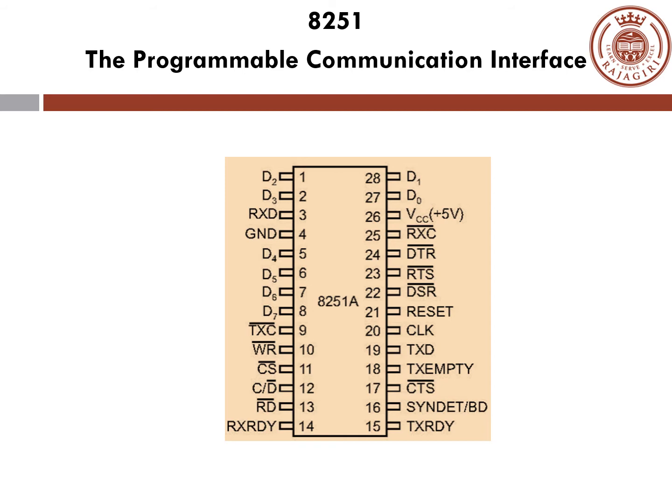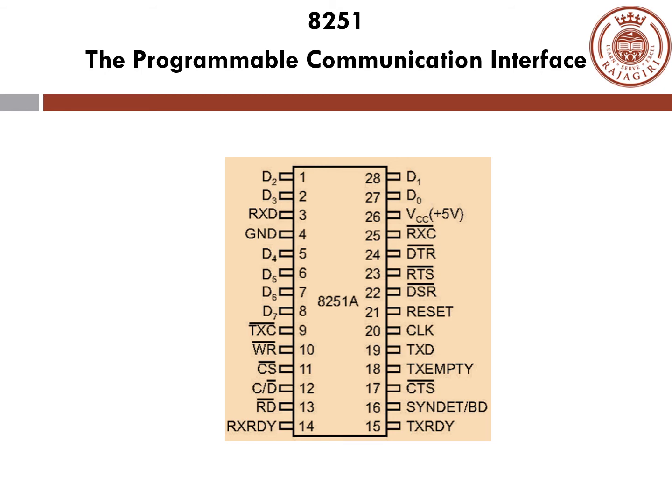So this slide shows the pin diagram of the 8251A, or the programmable communication interface. As shown in the diagram, it is a 28-pin IC chip with pins 1 to 14 on the left side and 15 to 28 on the right side. We will go over all these pins in detail within a few slides, but for now you can just see that